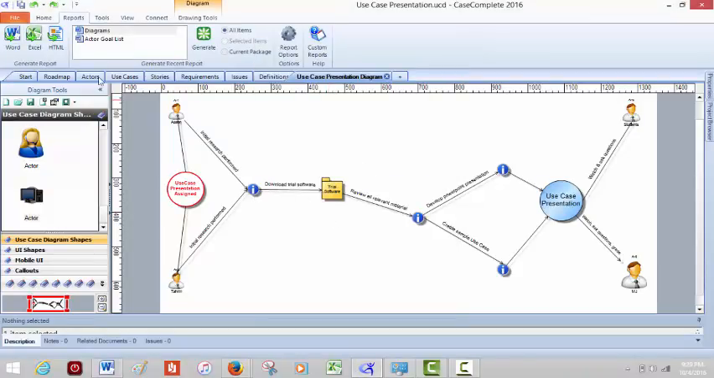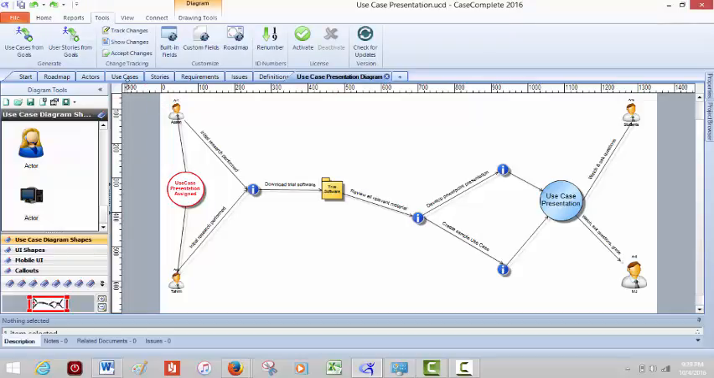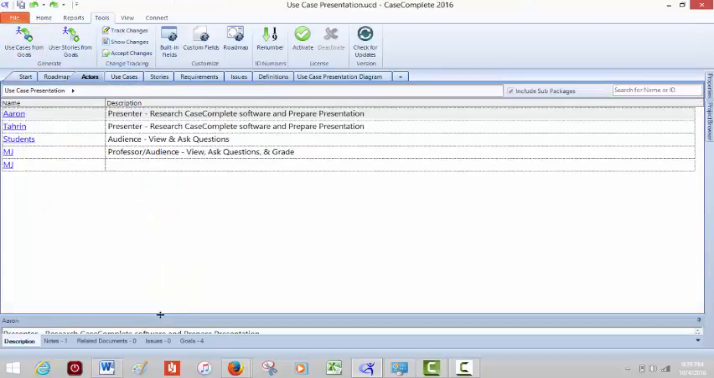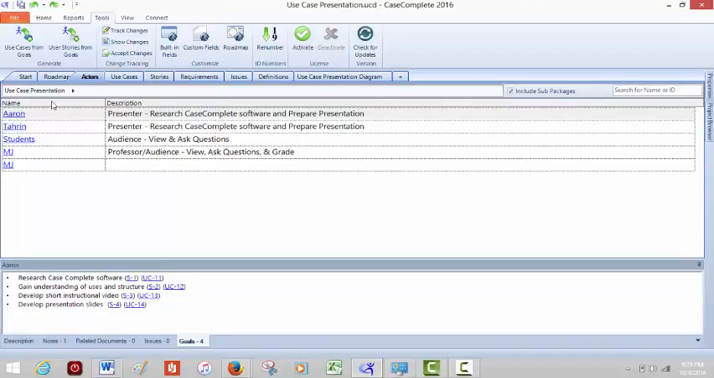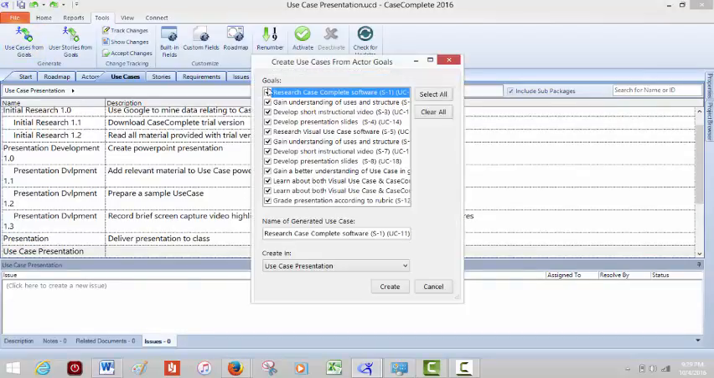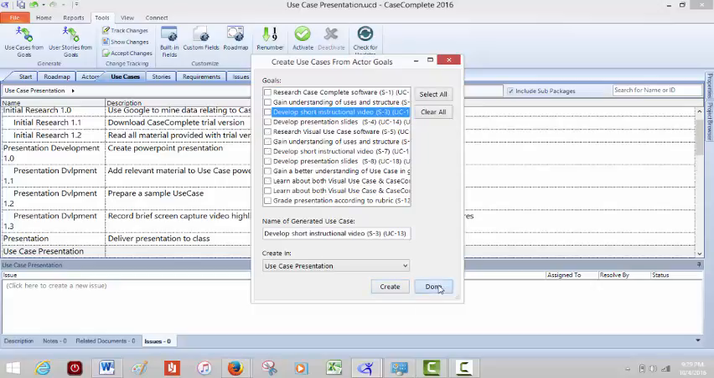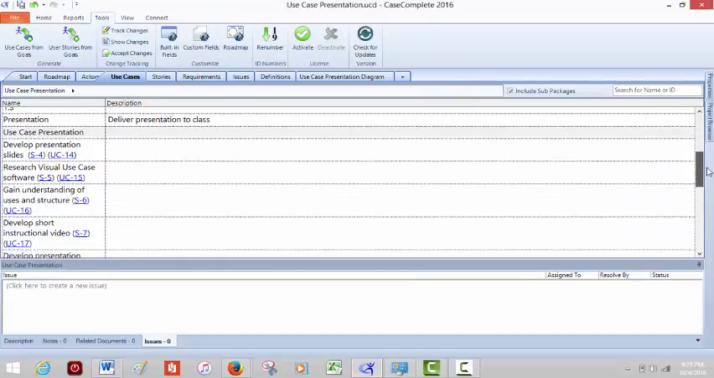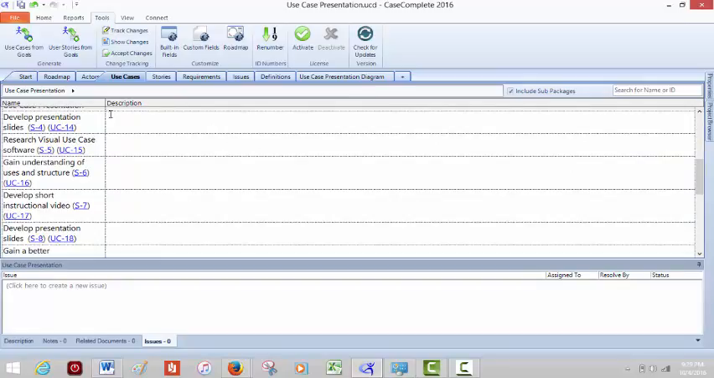Okay, and next we will move to the tools section up top here. And this gives us the option to create use cases from our predetermined goals. Of course, our goals are attributed to the actors within the use case. So from this section here, if I click use cases from goals, I can choose which goals I want to select, which goals I don't want to select. And it's basically going to create a use case based on these goals, as you can see here. So again, fairly user friendly, fairly quick to do,